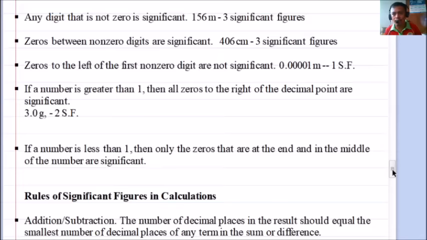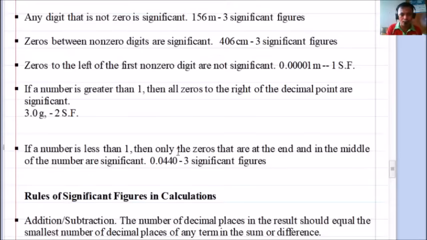So, as long na yung zero na yan ay nasa dulo, yung zeros at the end of the number, lalo na pag mga less than 1. For example, mga 0.0450 or 440. So, meron pong tatlong significant figure yan, wherein ang mga significant figures po dyan, yung dalawang 4, at saka yung isang 0 nakatabi ng